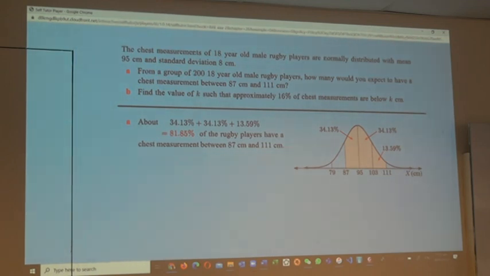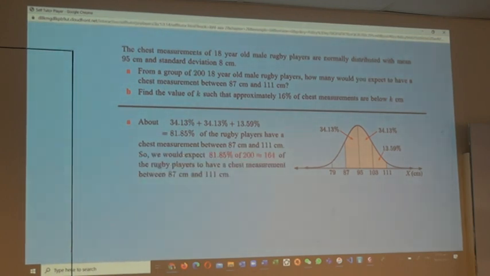The number of players we expect to be in this interval is 81.85% of the total number of players we are considering. In this case, 81.85% of 200 is about 164. We give our answer as an integer because it only makes sense to talk about a whole number of rugby